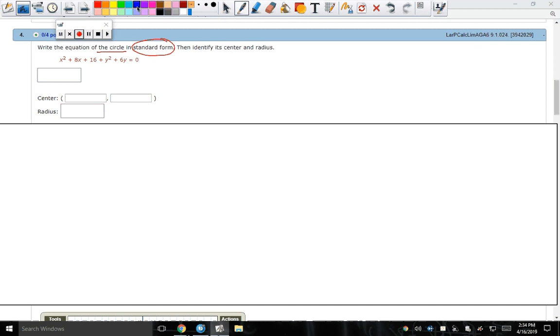So to start off, from your equation formula chart, raise your hand if you don't have one of these, because you should have picked one up last class. If you don't, I'll pass it out right now. Okay, as that's being passed out,